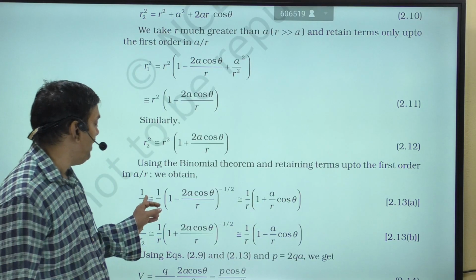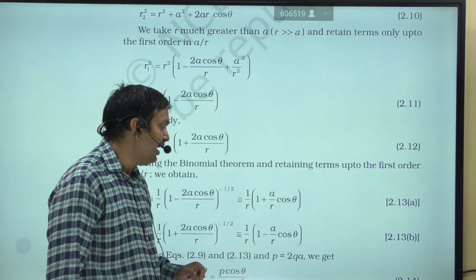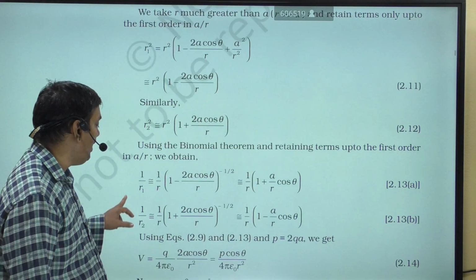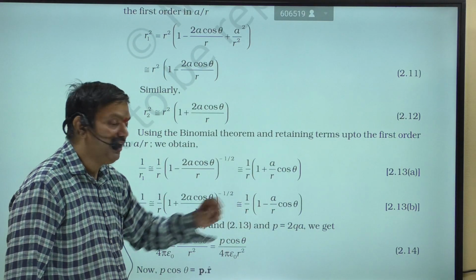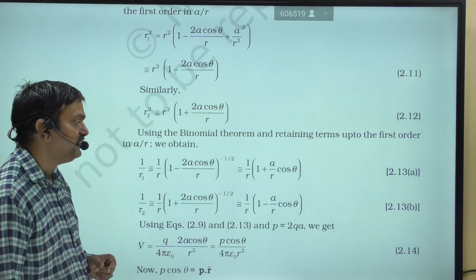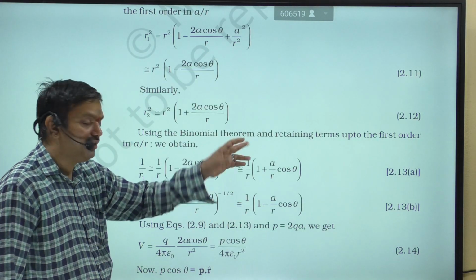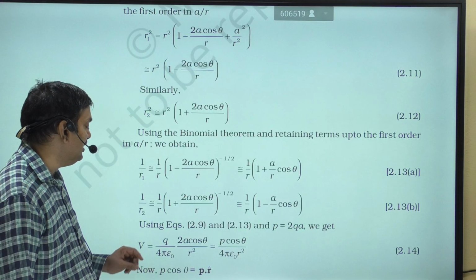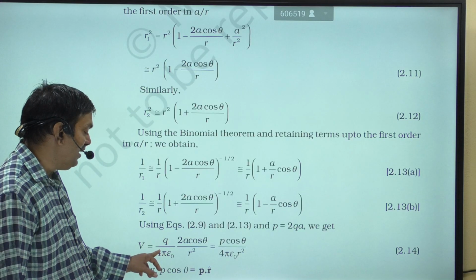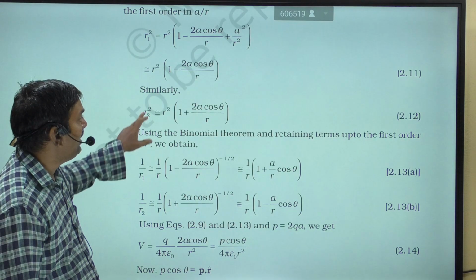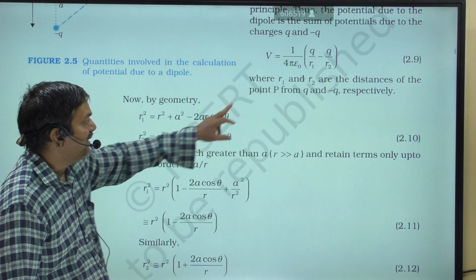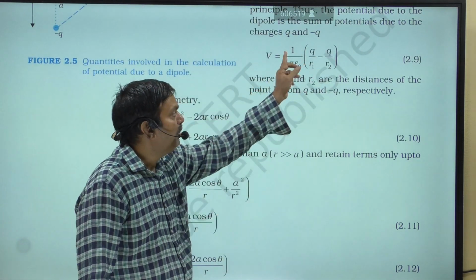నాకు ఏం మిగిలింది, 1 బై r1 అంటే 1 బై r ఇంటూ 1 బై ఏ కాస్ థీటా బై ఆర్, అలాగే 1 బై r2 అంటే 1 బై r ఇంటూ 1 మైనస్ ఏ కాస్ థీటా బై ఆర్, లేదా ఏ బై ఆర్ కాస్ థీటా. డైరెక్ట్గా ఈ రెండింటిని తీసుకెళ్ళి అక్కడ సబ్స్టిట్యూట్ చేస్తే ఐ గెట్ క్యూ v ఈజ్ ఈక్వల్ టు, ఇప్పుడే చూసుకున్నాం 1 బై 4 ఎప్సిలాన్ నాట్, క్యూ కూడా కామన్ తీస్తే ఈ ఎక్స్ప్రెషన్లో, q బై 4